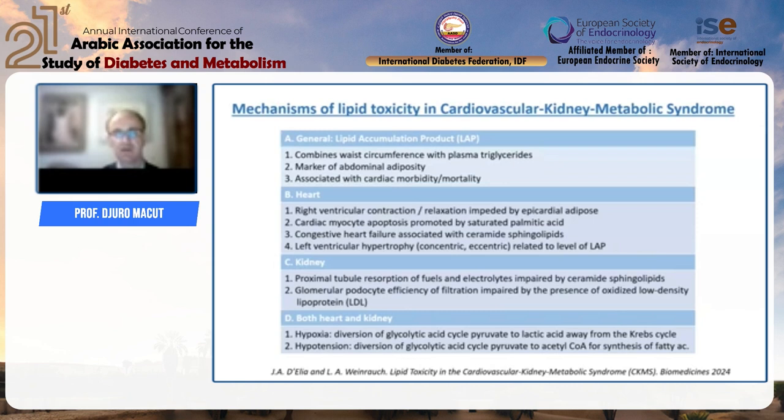And then we also have heart failure that is associated with ceramide sphingolipids, and hypertrophy of the left ventricle that is also related to the lipid accumulation product. With the kidneys, we have proximal tubular resorption of fuels and electrolytes, which is impaired by ceramide sphingolipids. Again, the problem of lipid metabolism, and also the